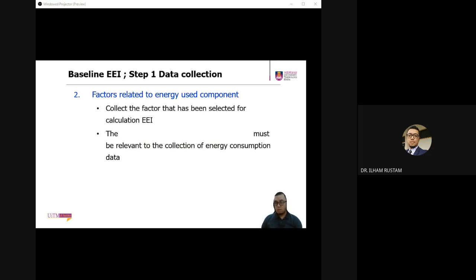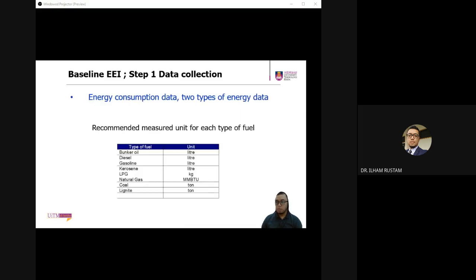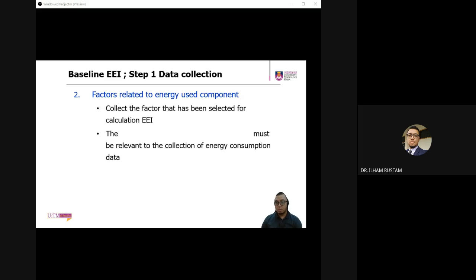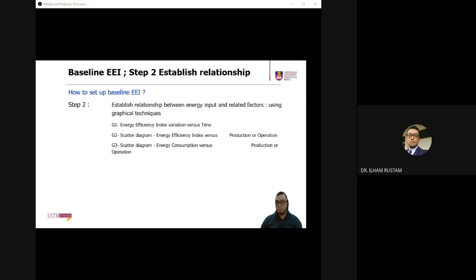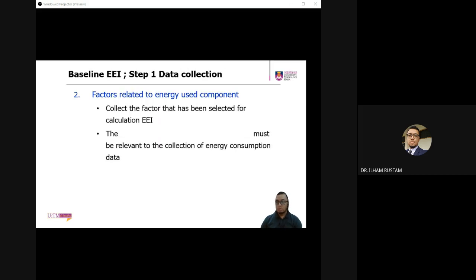Okay, and then to determine the factor related to the energy use, because previously it was just energy consumption data, the input. Now you're trying to get the output. So it must be relevant to the collection of energy consumption. Basically, again, to highlight for factors, if you decide, you must make sure that it's practically viable as a result of the energy being provided for the equipment or the process. So it's not elaborated much, but for me, again like I said about the gummy bears earlier,